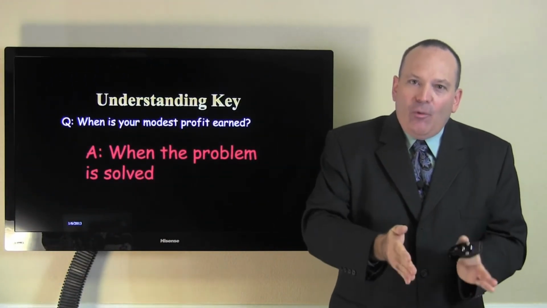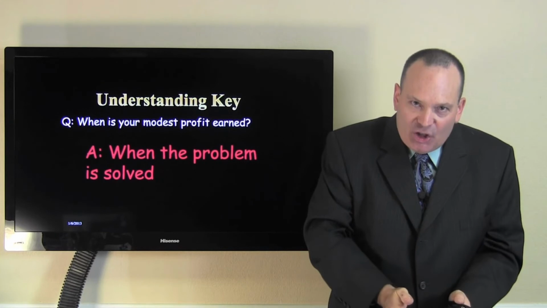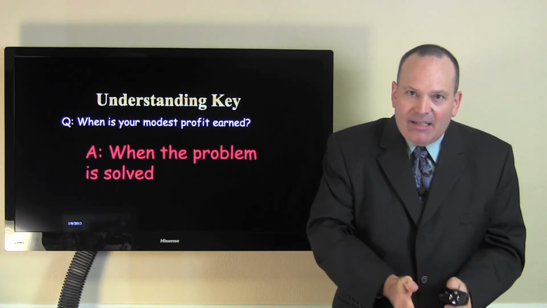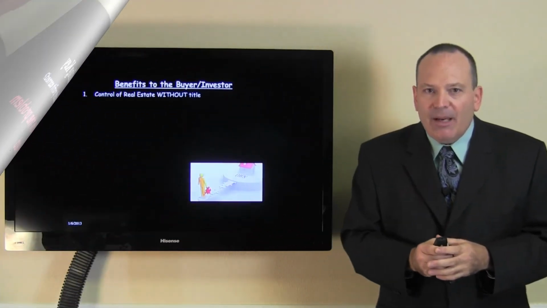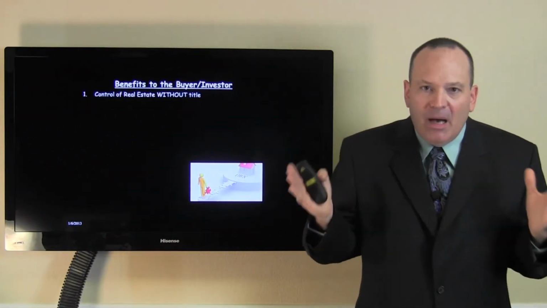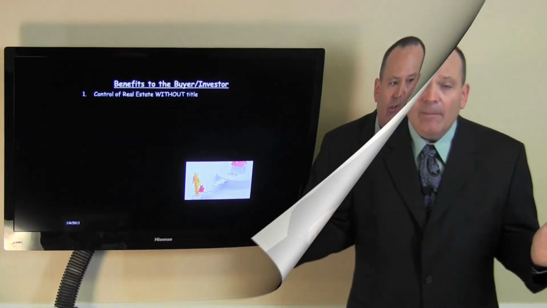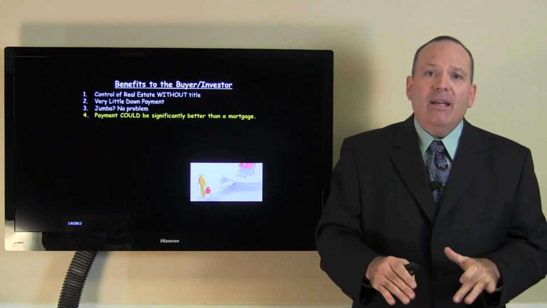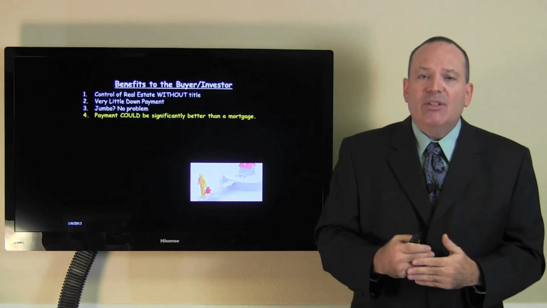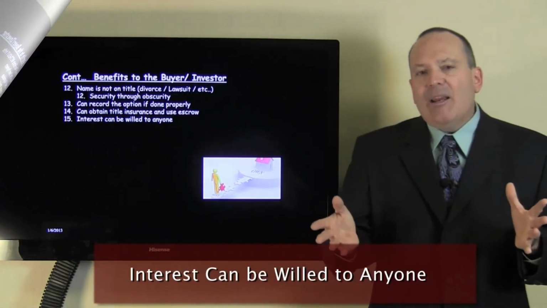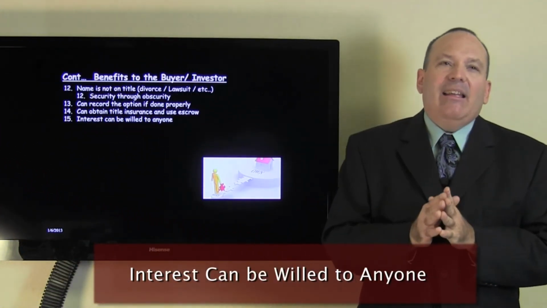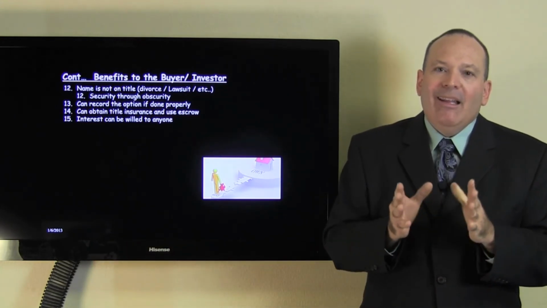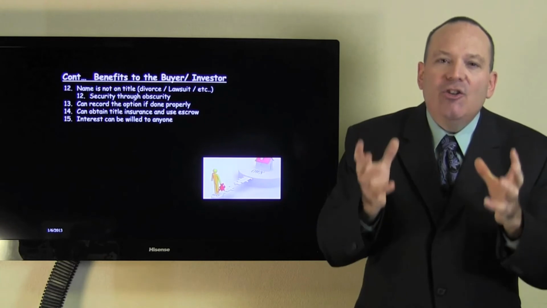They get a full real estate sales commission at the beginning, at the signing of the lease option agreement. I'll introduce you to somebody later that made a lot of money buying and selling using lease options. You often can find a much better deal as far as a monthly payment in a lease option payment versus a mortgage payment. This is not like renting. I like people to say, oh, in lease options, isn't that like renting? Isn't that like rent to own? Lease optioning has nothing to do with rent.